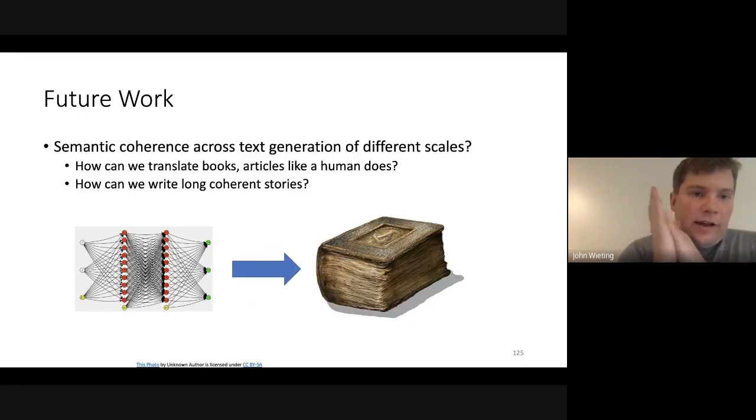And then lastly, I think that these might be important for things like text generation of different scales, translating books, translating articles, making things coherent on a long time scale. I think this additional feedback from such models in some kind of reinforcement setting, perhaps with properly crafted rewards, might be a way to attack these. And this problem in general, even other alternative strategies, I think this is something that would have a lot of impact. So that's one way to attack it. I'm sure there's many more.